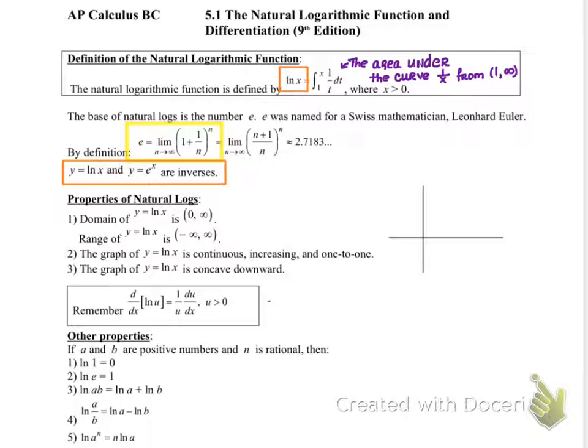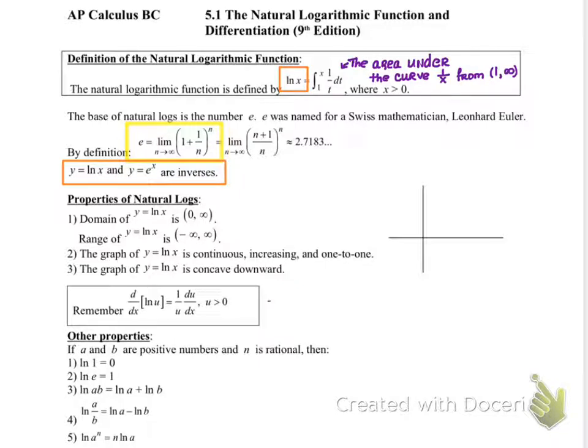The rest is a huge bit of this course, but it's later in the course. You need to know what the natural log is, and that it's the inverse of e to the x. The domain of y equals the natural log of x is 0 to infinity, not including 0,